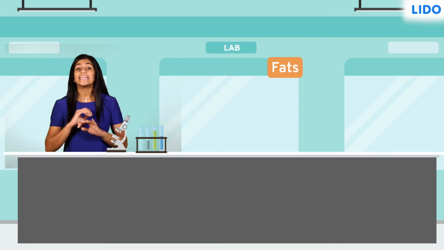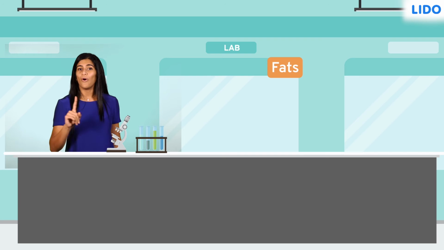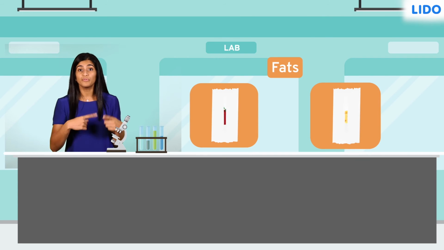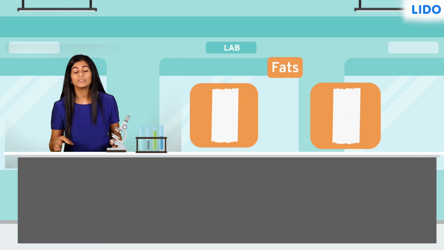Fats are the easiest to detect, as we can do it without the use of any chemicals. All you need is a length of paper. We'll wrap up the 2 food items that we are testing in paper and crush them. Let the paper dry for a little while so that any water that might have been present in the food